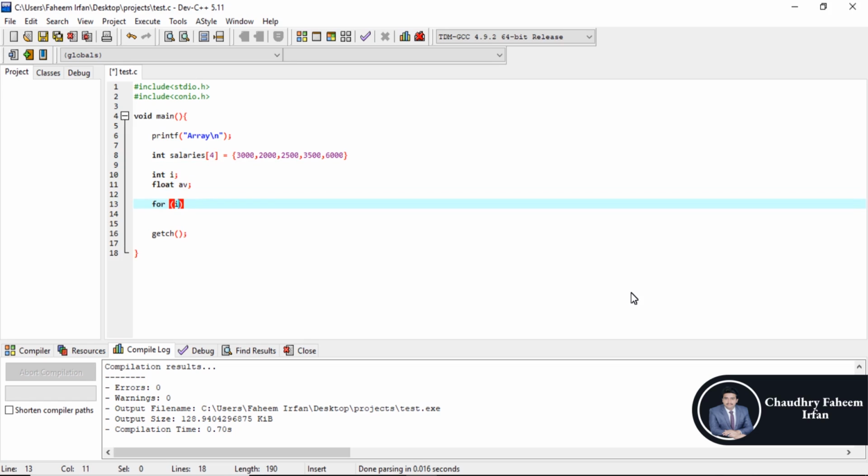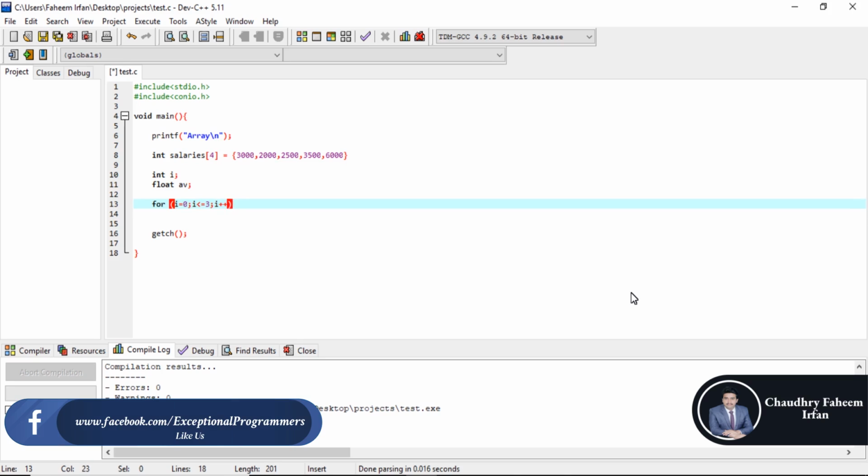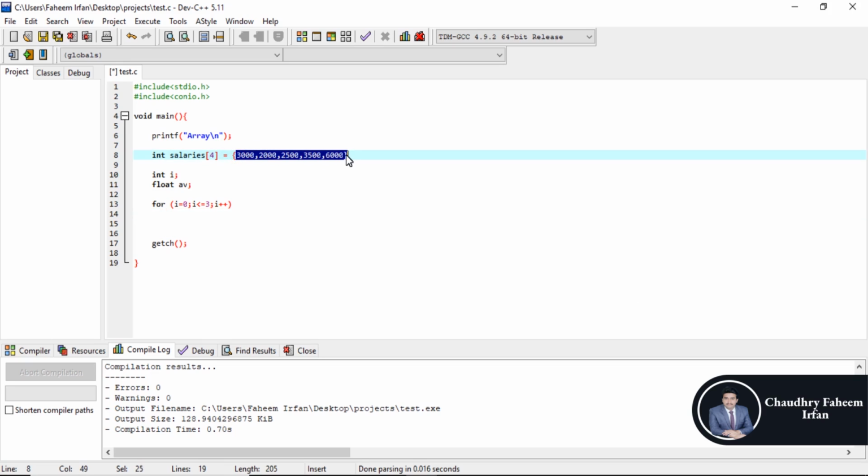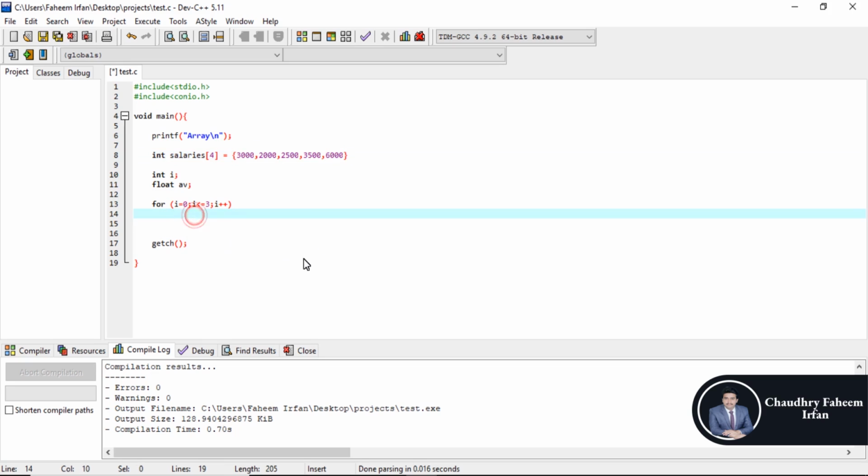Loop: i is equal to 0, i less than or equal to 3, and i plus plus. First of all, the formula for average is the sum of all values divided by the total number of values. So first calculate the sum of all the values, and for that